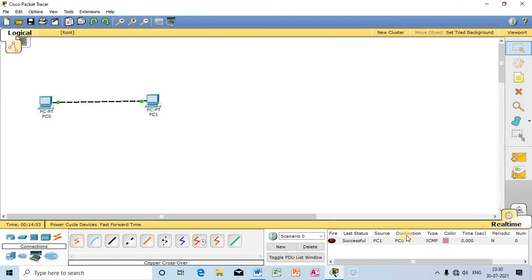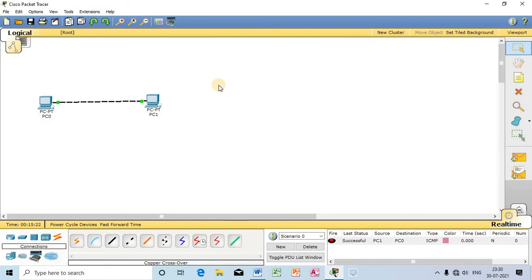The destination is the receiver end. PC0 received the packet successfully, and the status of the transaction was successful. So after assigning IP addresses to both systems, I have successfully sent the packet from PC1 to PC0.